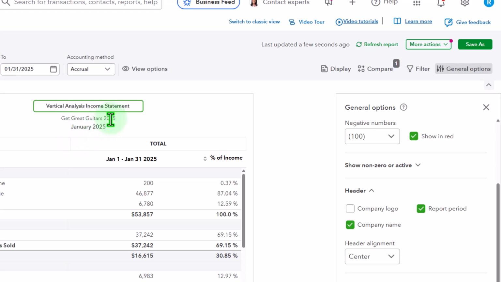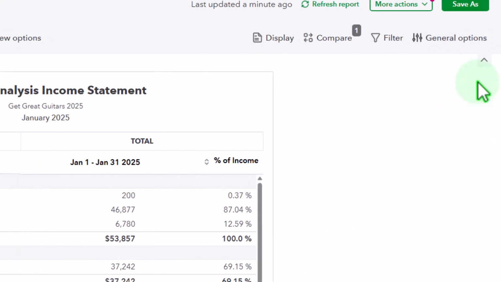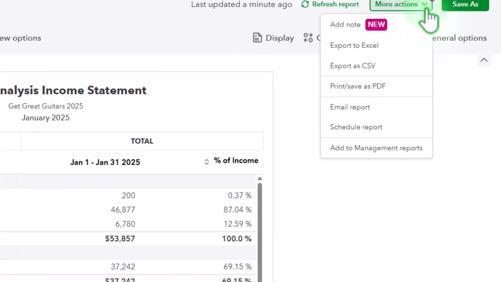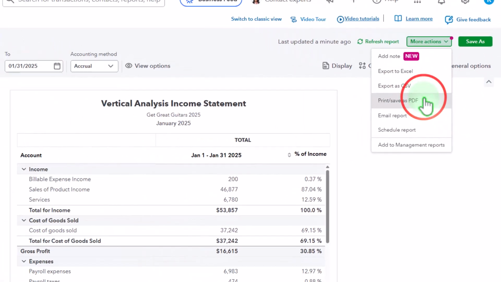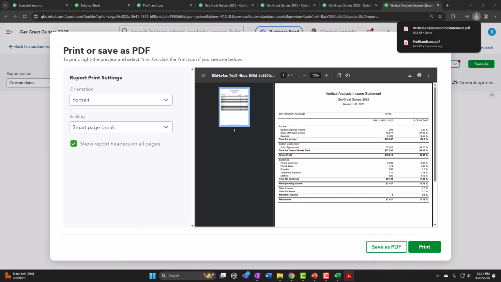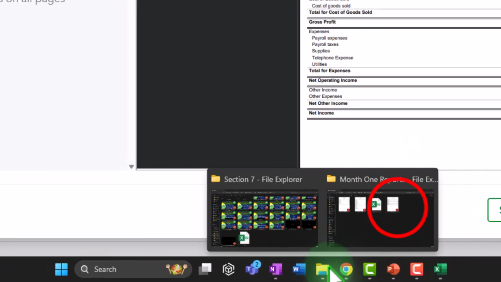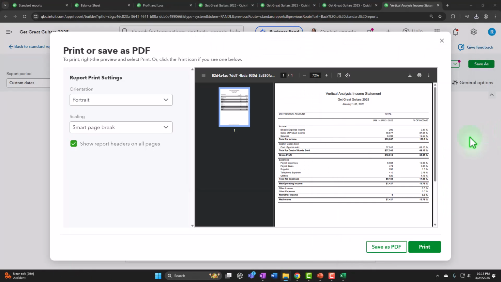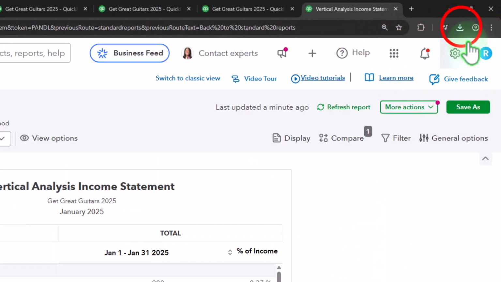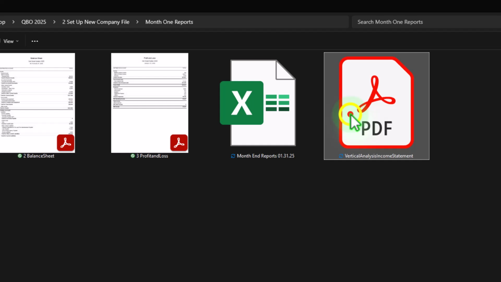Vertical analysis, something like that. Okay, and so boom. Okay, and so then we have that, and we got rid of the pennies. So let's go ahead and save that as a PDF. Save it, and then I'll pull that over into my reports again. Pull that over into my reports, and then I'll call that rename